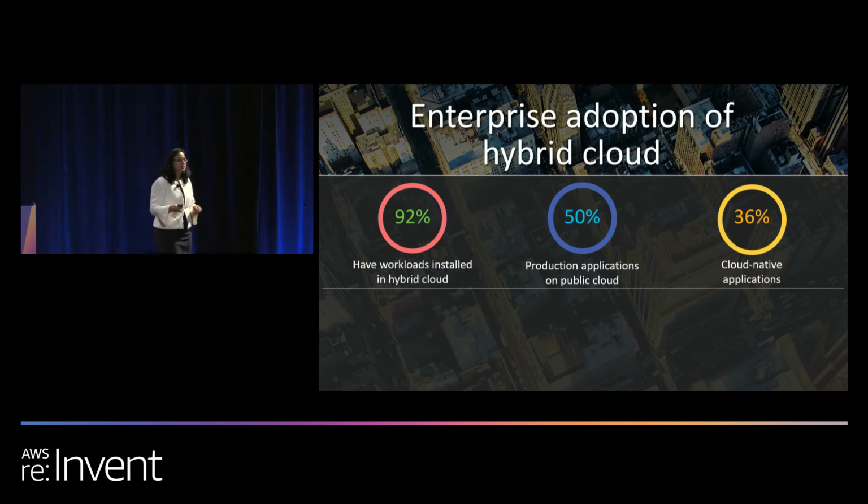92% of the enterprise customers who were surveyed have some kind of hybrid cloud deployment today. But only 50% of the customers who were surveyed had production workloads in cloud. And then out of those, only 32% of the customers had some kind of cloud-native applications which were built on the cloud and which are running in a cloud-native manner. So there is a lot of application restructuring happening, a lot of repurposing happening for your applications.